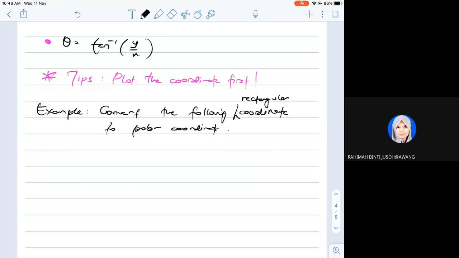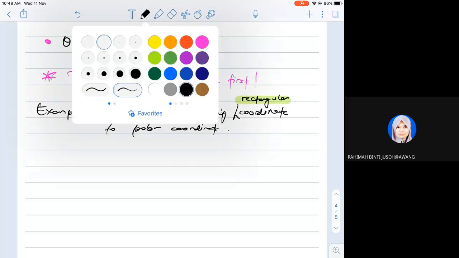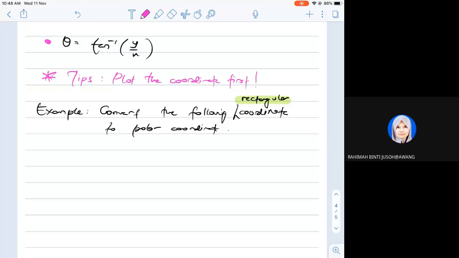Sometimes a different book calls this a Cartesian coordinate. It's just the same thing. Either rectangular coordinate or Cartesian coordinate would be the same. Okay, why for the case of changing from rectangular to polar coordinate do we need to plot the coordinate first